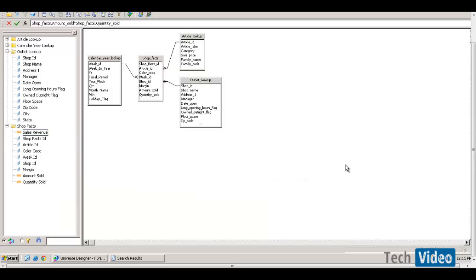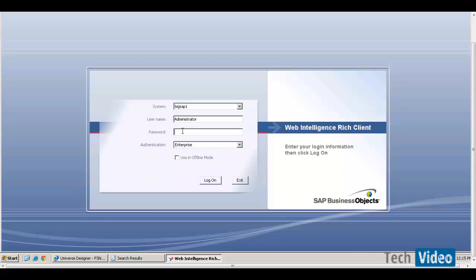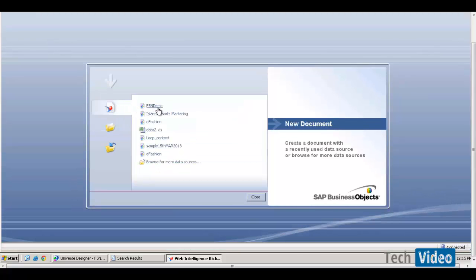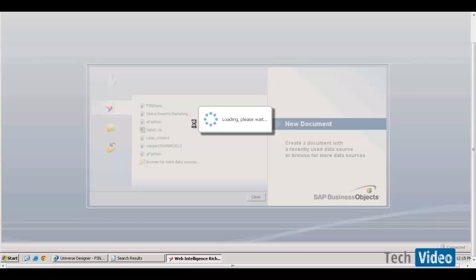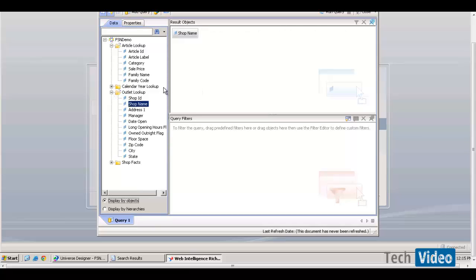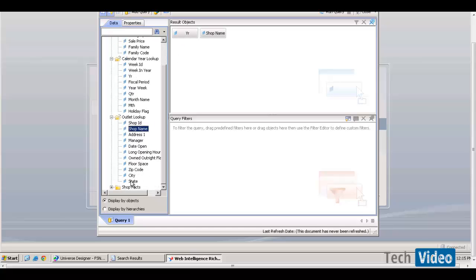If there is any change that you made in an existing object of a universe, since you have a related report, that report is getting affected because you don't have those objects anymore in the universe designer. That's what happened in this scenario. I'm going to create a new one on FSN demo. Now this time I'm going to drag shop name, year, state,